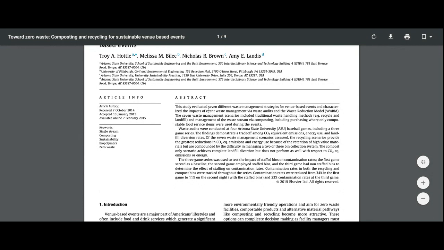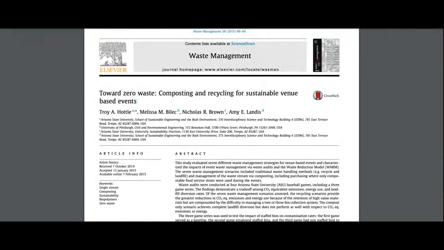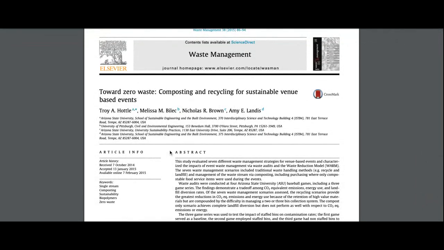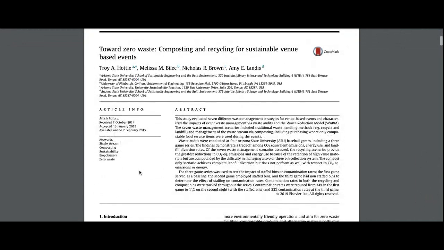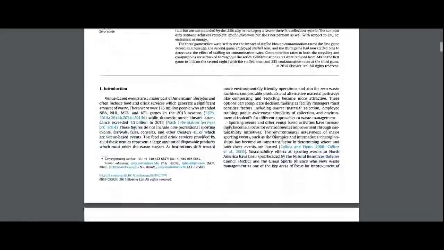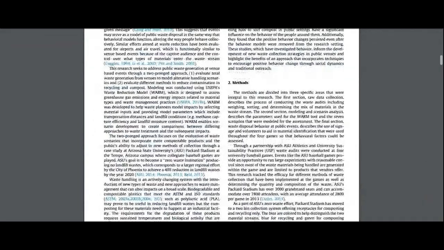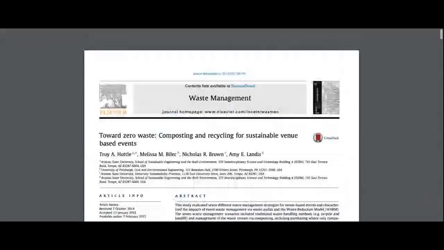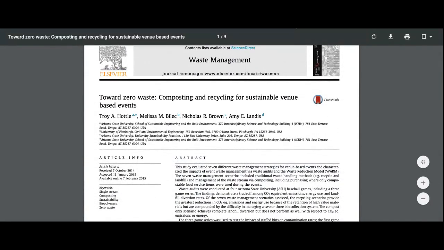And so here they talk about how stadiums need to, one, start recycling more to help become zero waste, but also use composting, which is the collection of organic material and making it break down for soil use rather than putting it in a landfill and creating methane gas to escape. So I read through this and I found that it was really useful. The study was really thorough. Lots of detail, lots of discussions about how the methods are utilized, right? Not just simply do X, do Y, but how can you do it and what are the variables that go into it? And so this is the other article that I'm going to use for my essay.